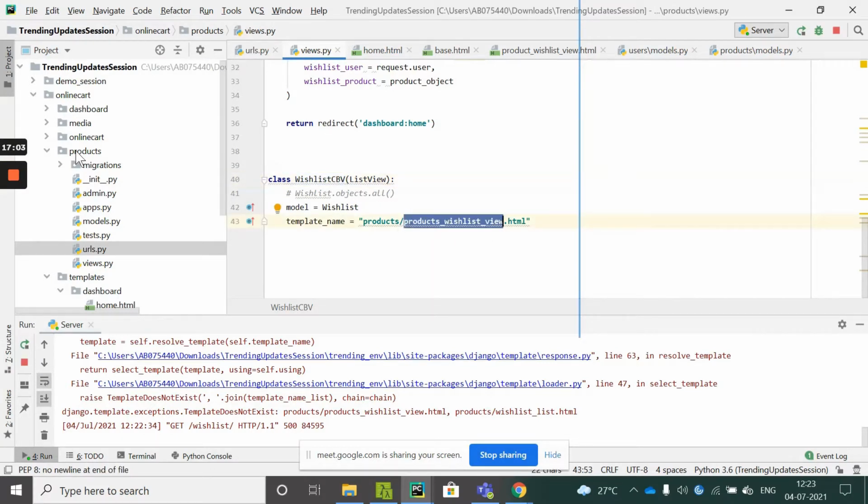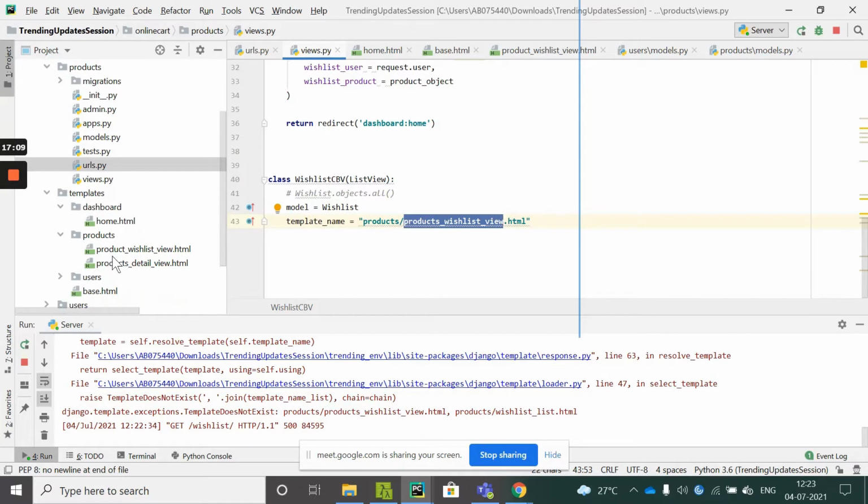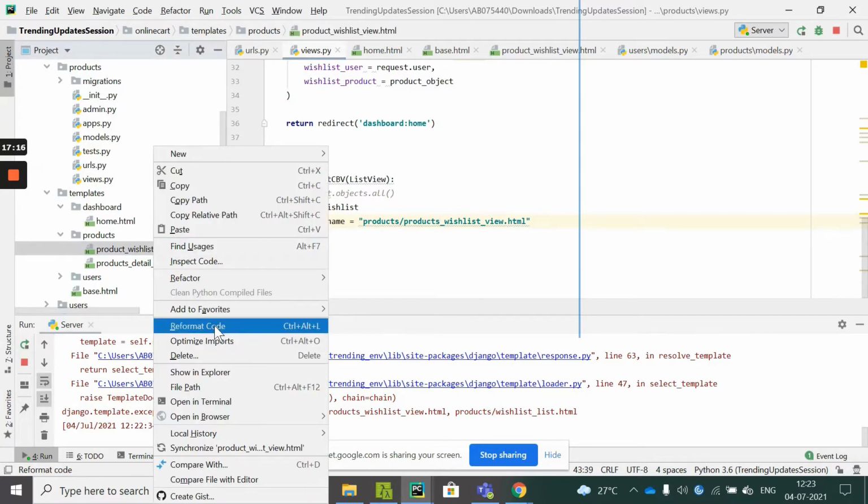Here my app name is products and the template is available in the products and product. Okay, this was okay. You can see here I have added only product underscore wishlist.